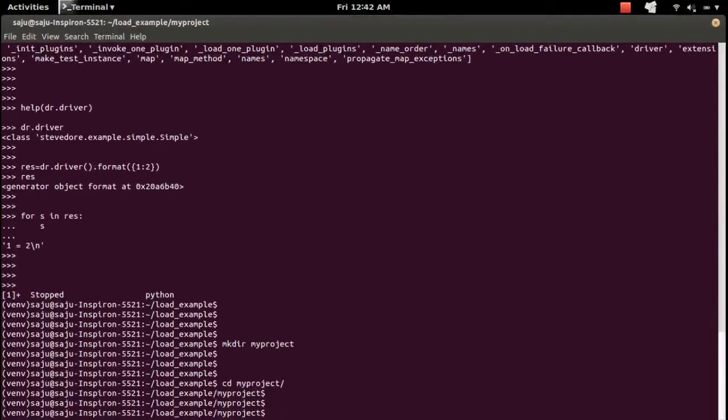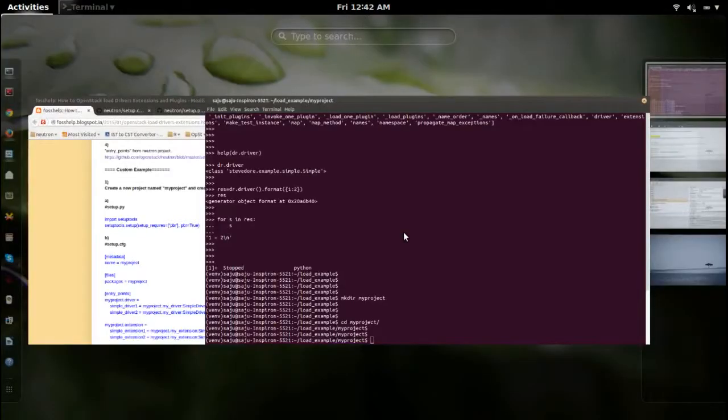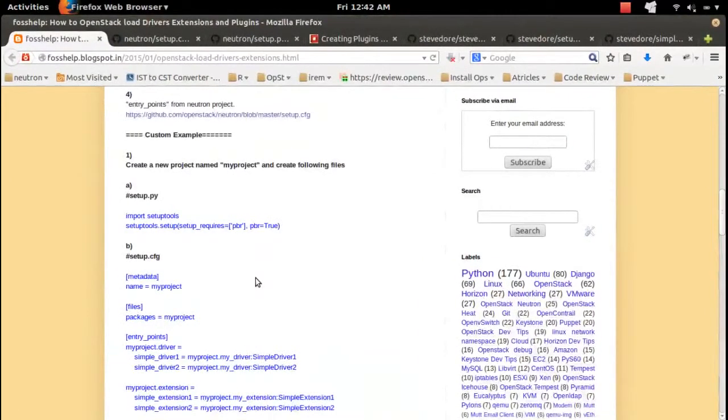In that project I will create one driver file and one extension file. In those files I will define two driver classes and two extension classes. Okay,